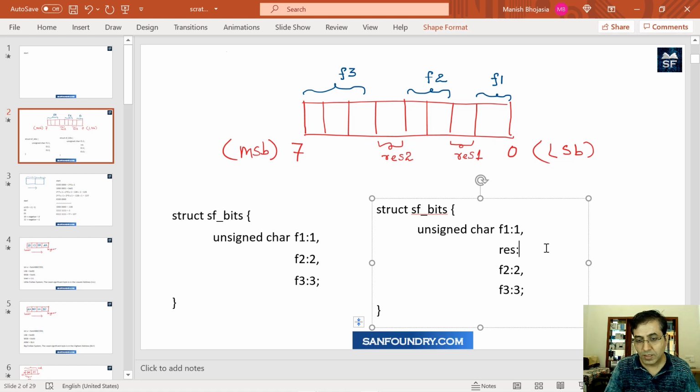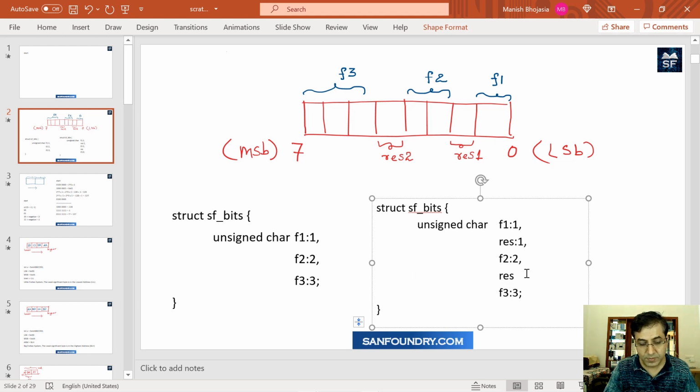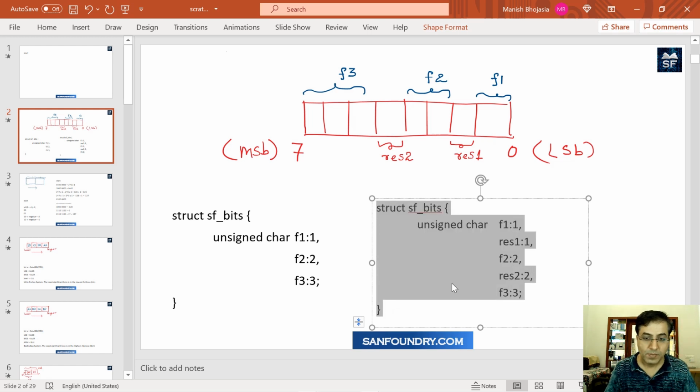We will accommodate by simply inserting RES1:1, which means the next bit after the F1 memory location is RES1, reserved 1. And then the next 2 obviously will be 2 bits here. And then RES2 comes into the picture, so we are going to make sure it is RES2 here for 2. And there was a typing mistake, RES1. So with this representation, we are now foolproof. We fully understand what we are doing. This is a way we implement a requirement into code, a design first.